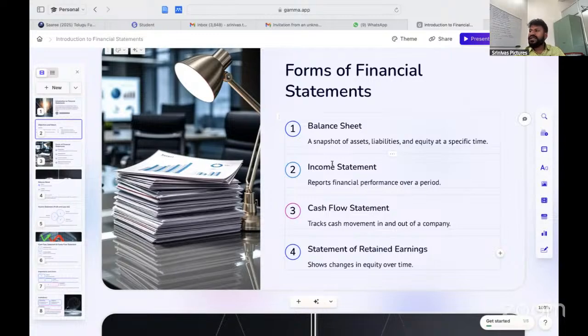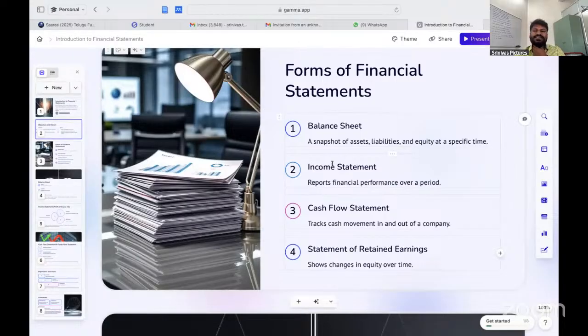In this comparative balance sheet, we are going to compare with last year what the position of equity is, whether it is increasing or decreasing. On the liability side, we are going to check the non-current liabilities, what is the position of those liabilities, whether increasing or decreasing, and current liabilities, whether increasing or decreasing. Year to year, we are going to compare.